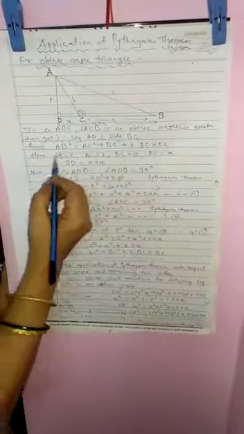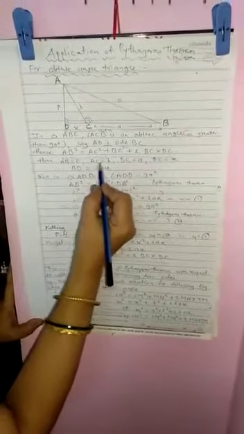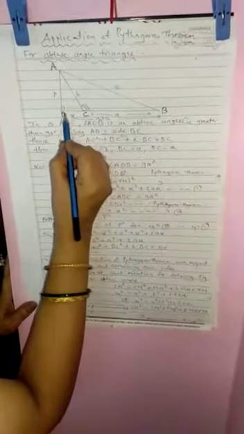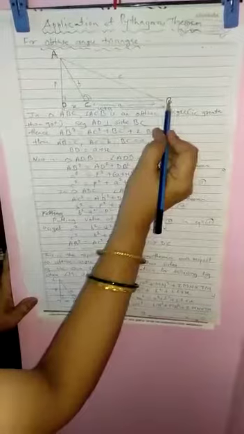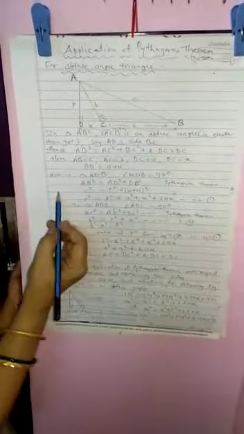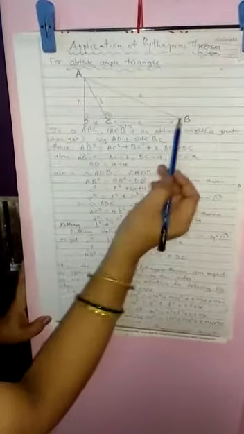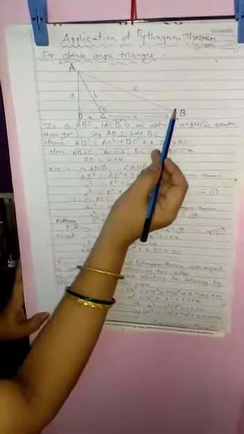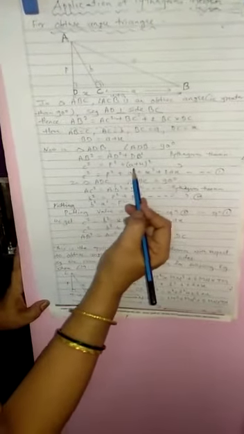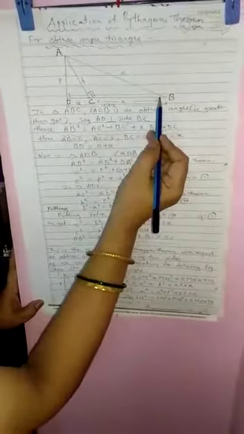Again, we have to label length of the side AB by C, AC by B, BC by A, DC by X. So DC is shown X, BC is shown by A. So D to B distance we can get X plus A. Now in triangle ADB, angle D is 90 degree. So according to Pythagoras theorem, AB square is equal to AD square plus DB square. Here it is written. C square is equal to P square plus A plus X, A plus X, length of this side.